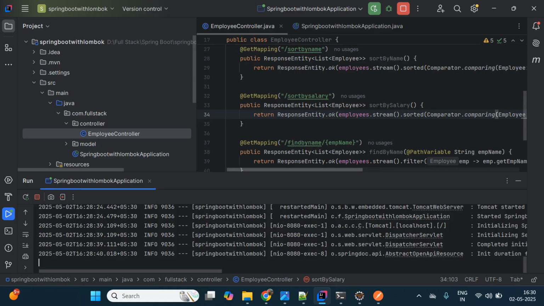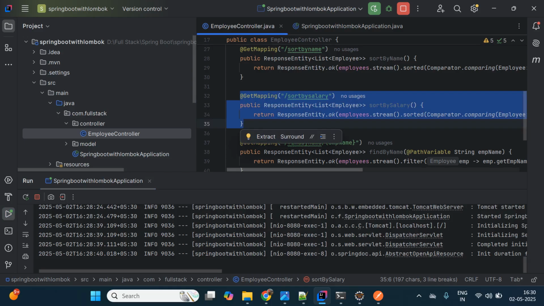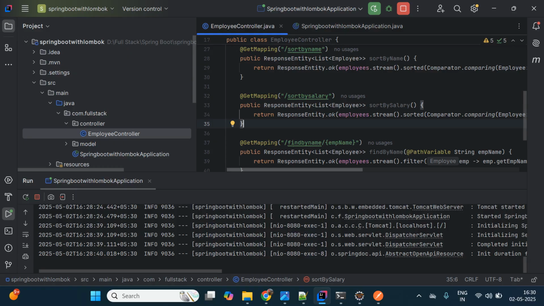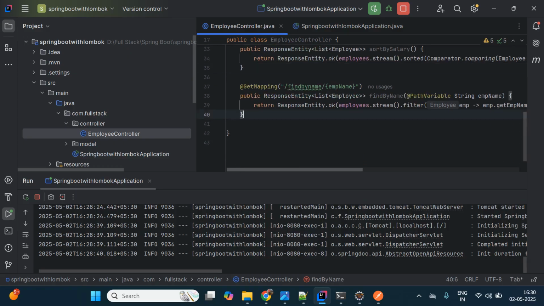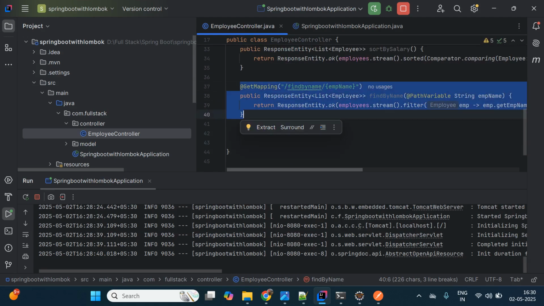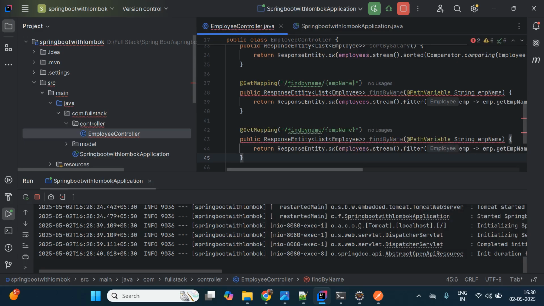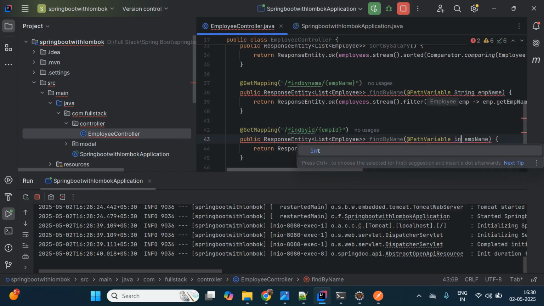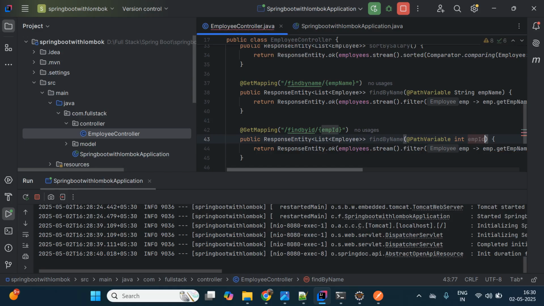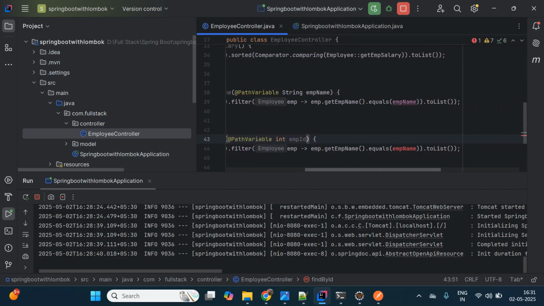Fine. Yes. Again, if you are adding one more API here, suppose we are writing one more API, like find by ID. I want to write the API. I will use the copy-paste code base because it will save our time, right? Find by name. Sorry, find by ID, not name. I'm passing input as emp ID. Then you can say this is a path variable, integer type of emp ID as the input we are giving. This will be find by ID, right? And we are using filter here, right? You can simply say this is get emp ID